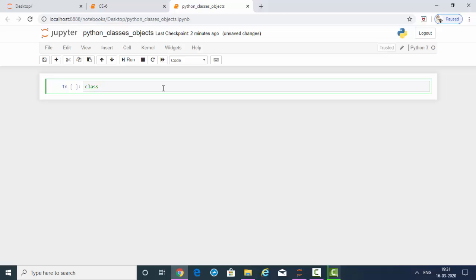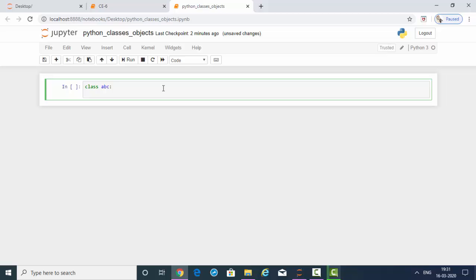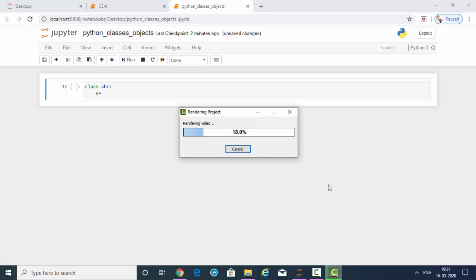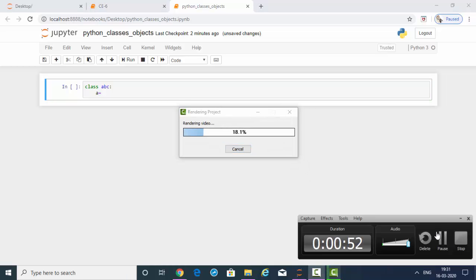Let me take a class, and the name of the class is ABC. Then after that you put a colon and then tab. In C++ or Java we used to give the member variables data types, but in Python you don't need to do that. You can directly use the variables. So if I'm taking a variable like a is equal to 5, then at that time what will happen is,